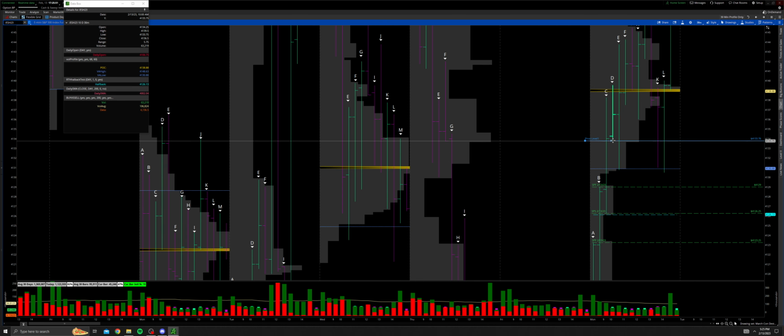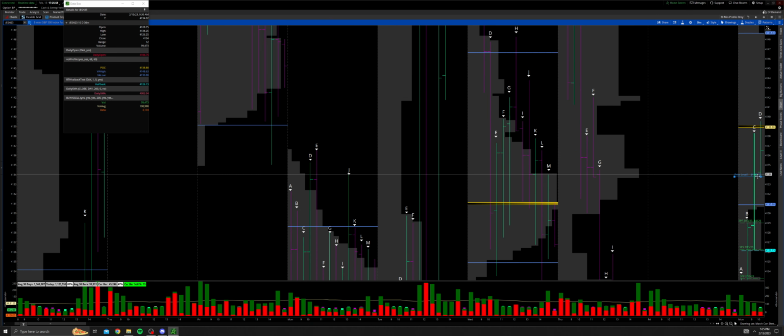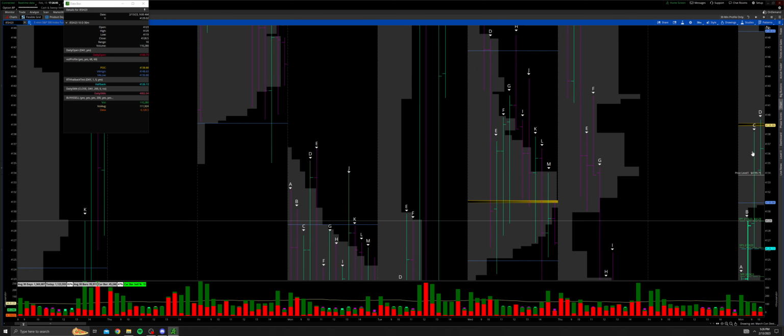Well, for example, in D period, you see how from B's high to D's low at the time, if you're paying attention to the right hand side of my screen, from B's high to D's low, there's only one print in this whole area, and that's in C period. So from 41.33.75 down to 41.29, that whole time frame and that whole range, there was only one time frame that went through that